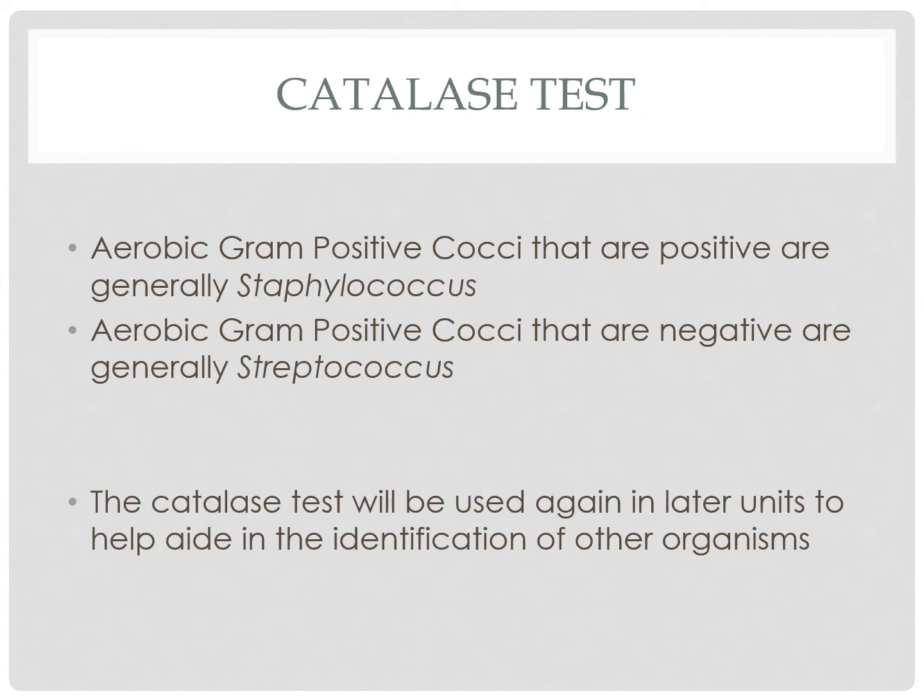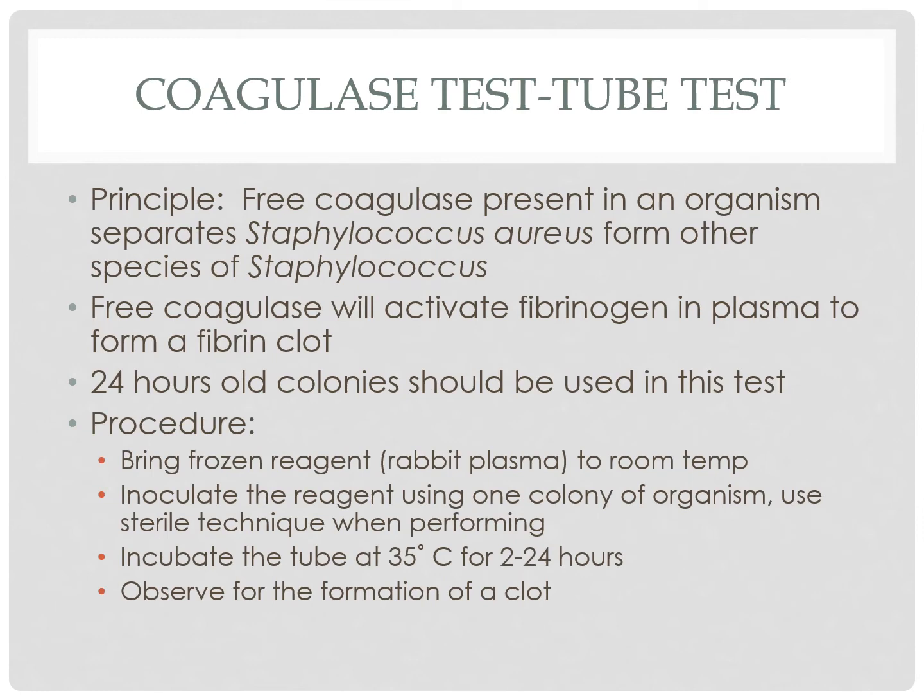Anytime you're dealing with a gram-positive cocci that's catalase positive, it's probably going to be a Staphylococcus. Anytime you're dealing with an aerobic gram-positive cocci that are negative for catalase, you're probably dealing with a Streptococcus. Once you've determined that you're dealing with a Staphylococcus, you can set up what's known as the coagulase test tube